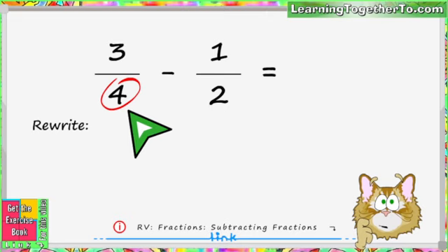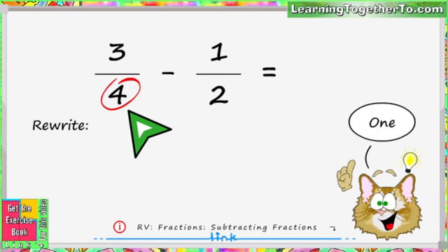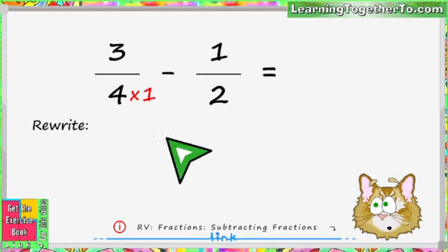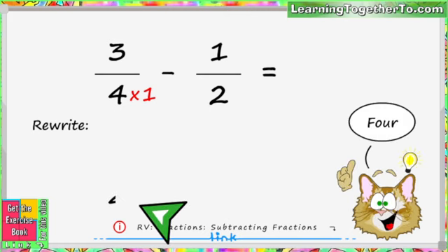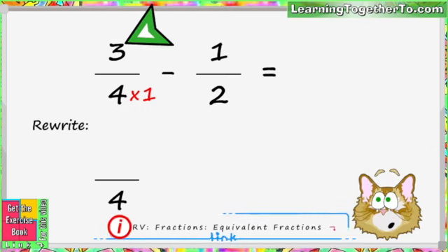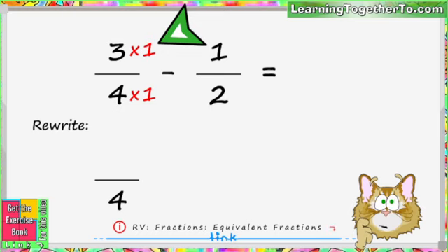What do we need to multiply 4 by to get 4? 1. Very good, Frank. 4 times 1 is equal to 4. Excellent, Frank. Remember, Frank, whatever we multiply the denominator by, we must also multiply the numerator by. If we multiplied our denominator by 1, we must also multiply our numerator by 1. 3 times 1 is equal to